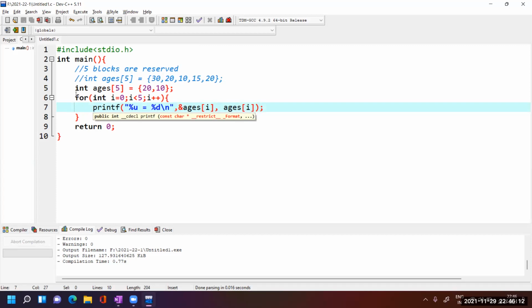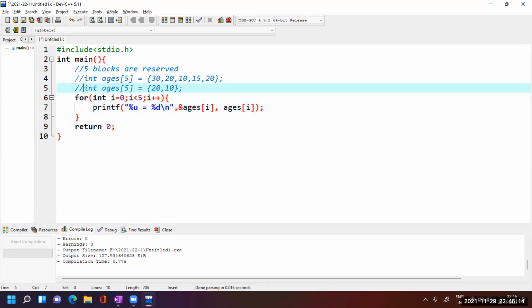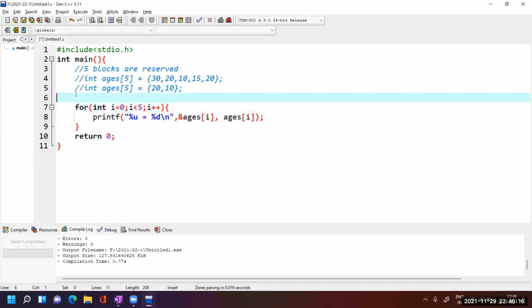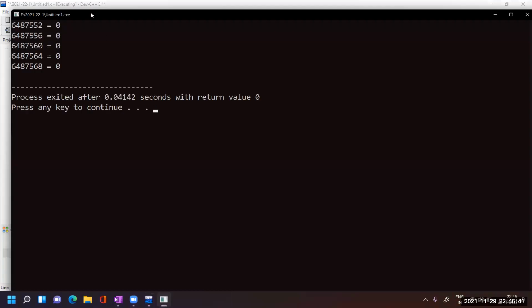Suppose you want to initialize the array with a default value 0 for all the items. It is part of partial initialization. You can do this: ages 5, 0. So now all items are initialized to 0, guaranteed. Compile and run. Now see all items are 0.